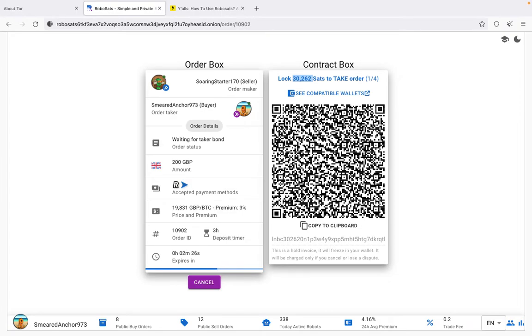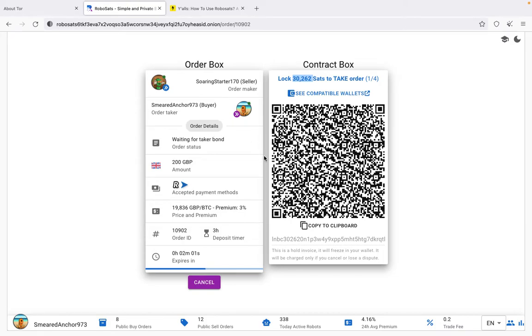So once you do that, they're going to say, okay, you already sent the bond, and then they will put you in contact with the other robot, who will also stick in his bond, and then, as you are the buyer,